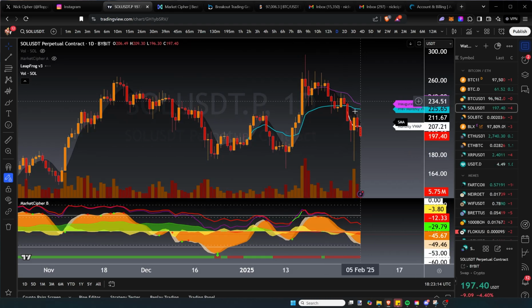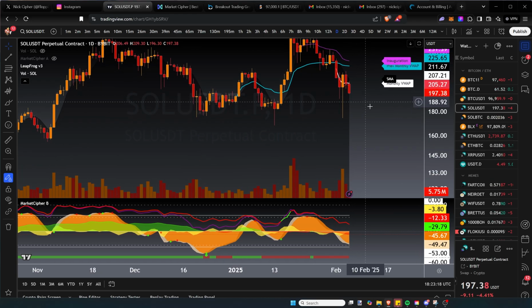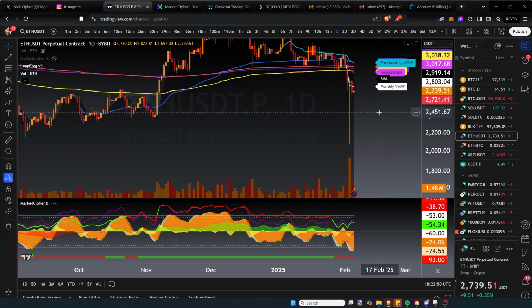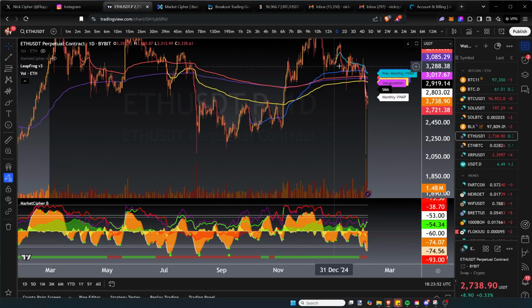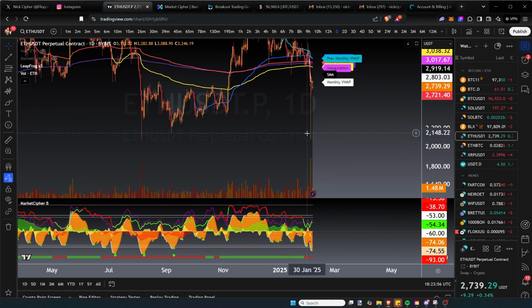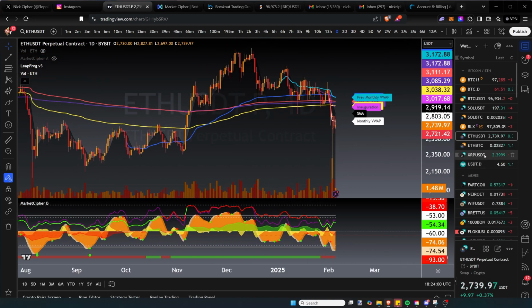As for the altcoins, Solana, Ethereum, and XRP, they all seem to be in the same boat, guys. Solana may actually want a year-to-date test. If Bitcoin does what we think it might, then Solana might have to come down to like 160. That would be a good level to get down to. Ethereum is unfortunately underneath all of its VWAPs, so there isn't anything down here.